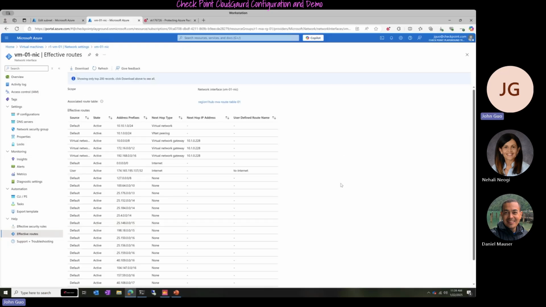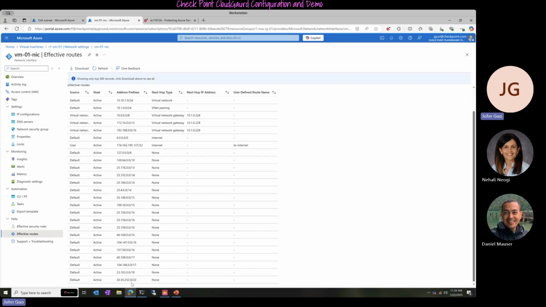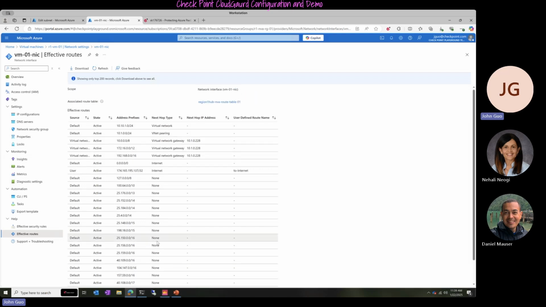We shouldn't be seeing the /32 route here, and we should see all the routing intent, the RFC 1918 here, but we don't see it at the bottom. We don't see the private endpoint /32 route here. All right. And then one more thing, if you go back on the console of that VM, this particular VM,